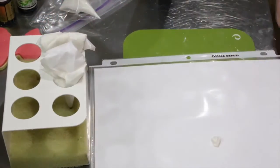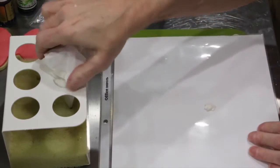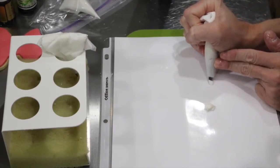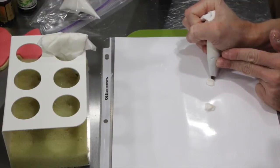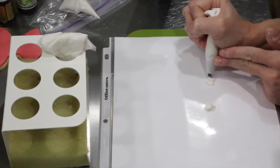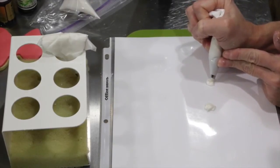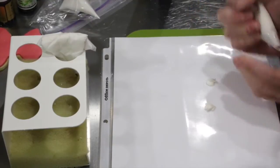like I had on the bottom of the bachelorette corset, which looks like that. Or you could do a very small rosebud. You would come up with the wide end of your tip down, come over from your right to your left with pressure, release as you get to the other side, come down,